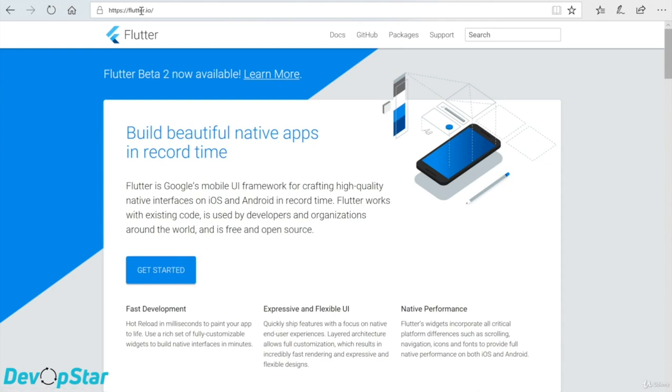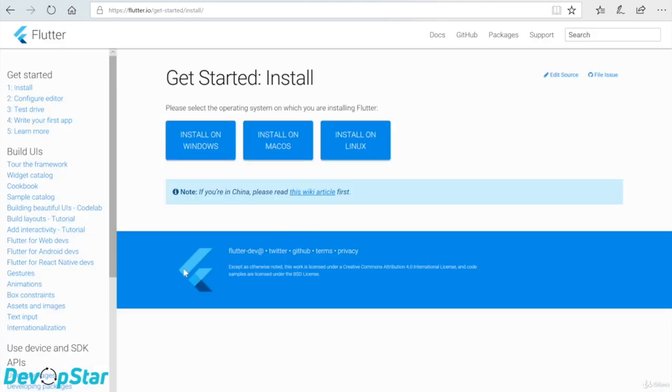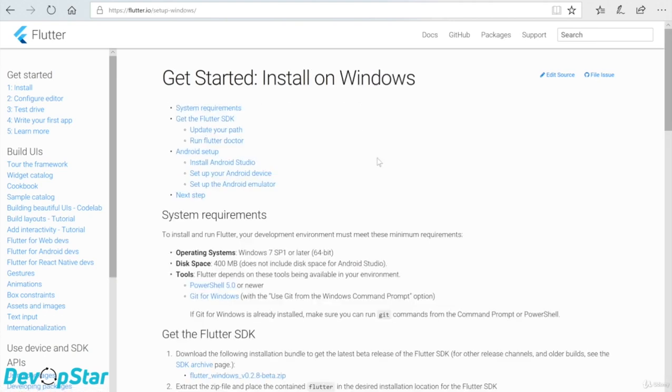Go to flutter.io's website and click Get Started. From here, just click Install on Windows and it will provide you with a set of instructions that you'll need to basically do what we're going to explain in this video. I'm going to cover it in kind of a less abstract method, so I'm going to go through installing these